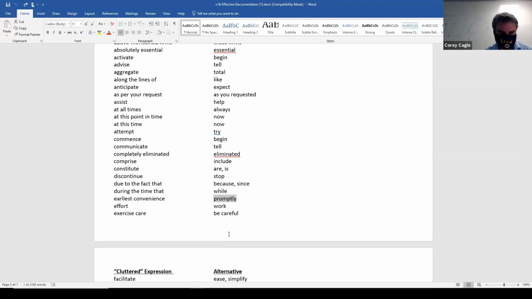Someone said I disagree with communicate versus tell. I agree with you. Communicate versus tell, there's no problem. You cannot tell something in an email. Communicate's fine. There's nothing wrong with communicate. Yeah, with this one though, I completely disagree with them. I would use their bad example as the better example.